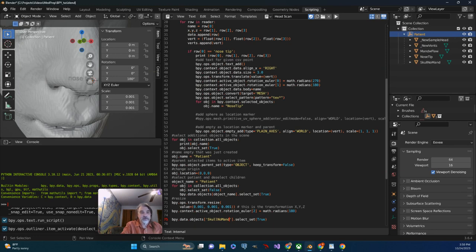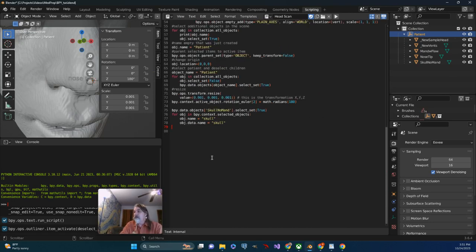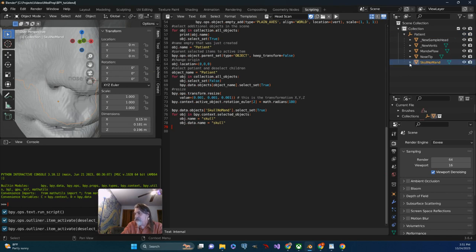I will then do something along the lines of selecting. I've already got it selected. And then what I'll do is tell the selected object to rename the object name to skull, and then underneath it the data name to skull. Having done that, then I will probably control. Let's see. I will set it to false, and then I'll subsequently cycle through each of the items that I would like